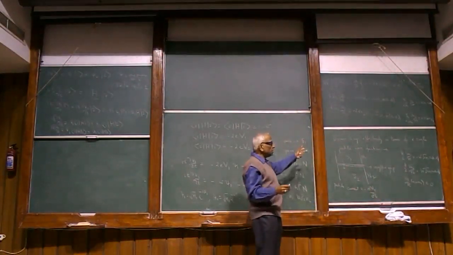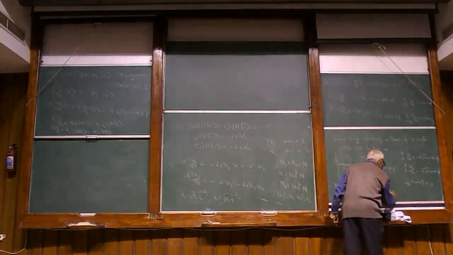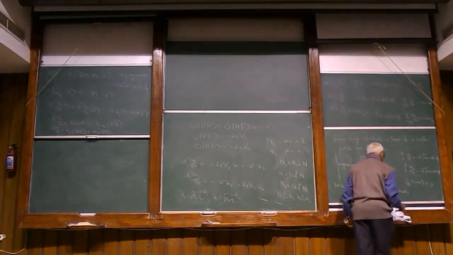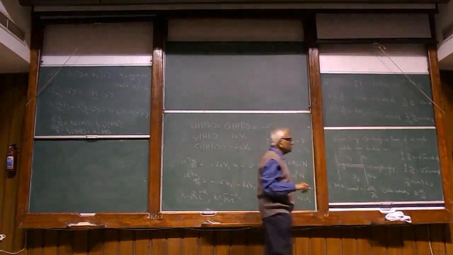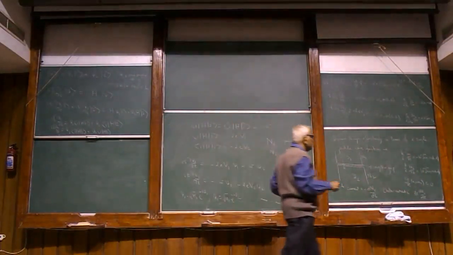Each particle carries minus 2e, so electric current is 2e dN1/dt. So you look at this,